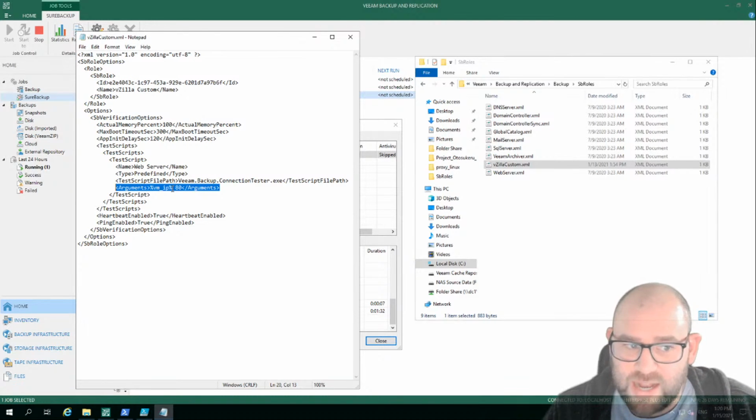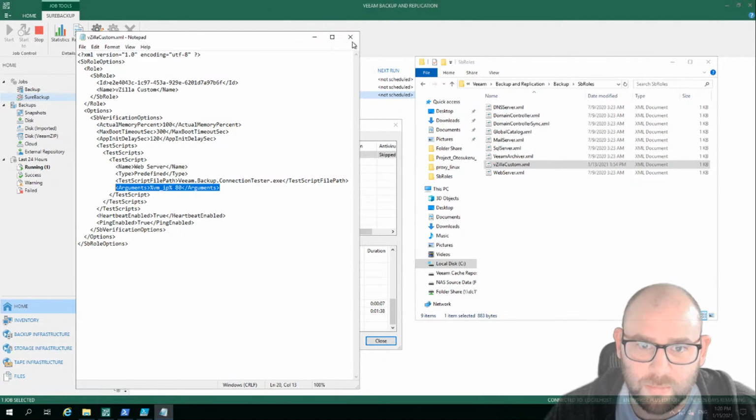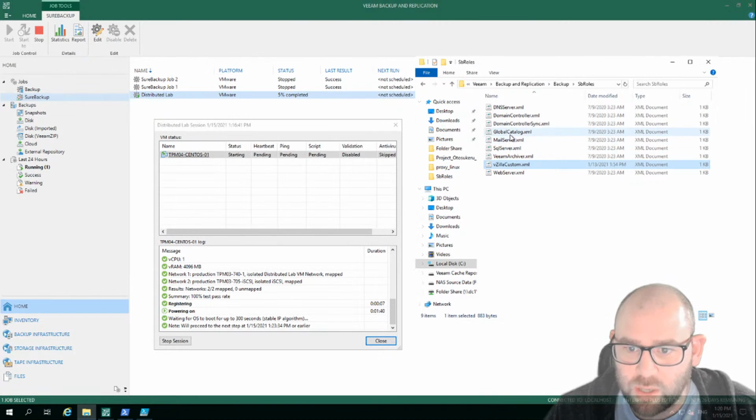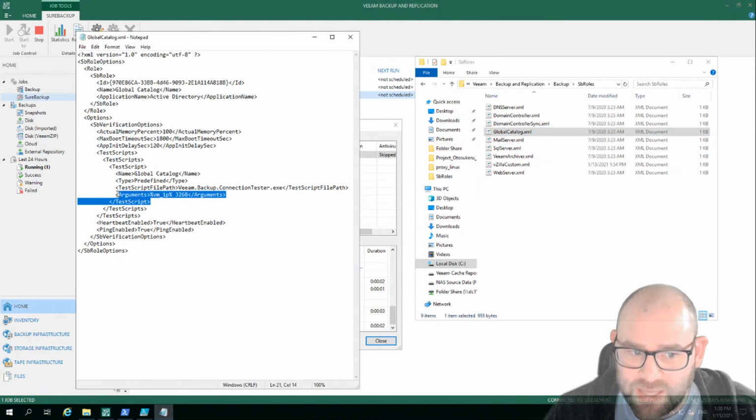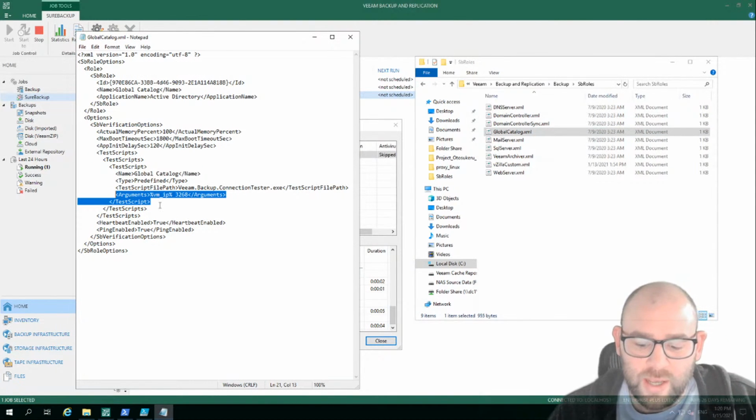So this is version 10. I'm not running anything new here. I don't believe any of these have needed anything more. Like if we go and look at global catalog, again, they're all port-based tests. So that's where I was going, is about